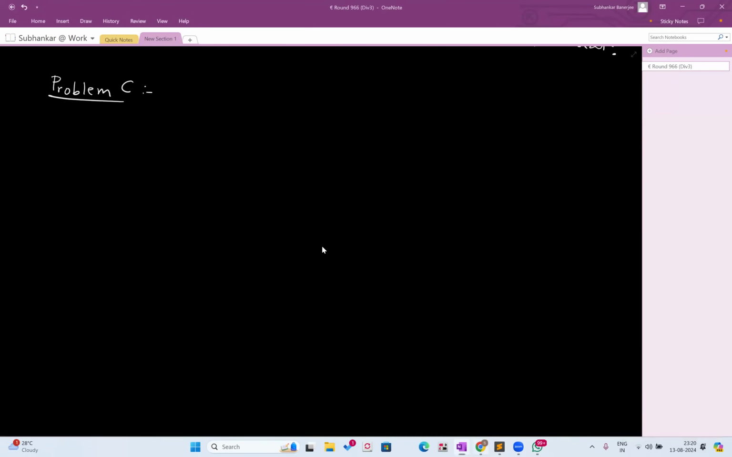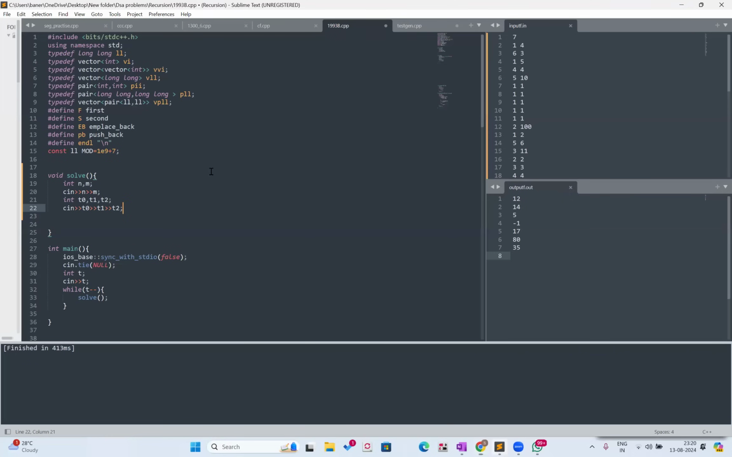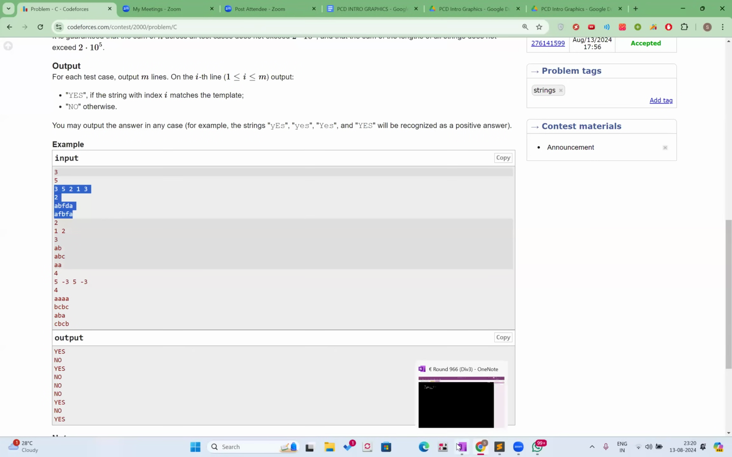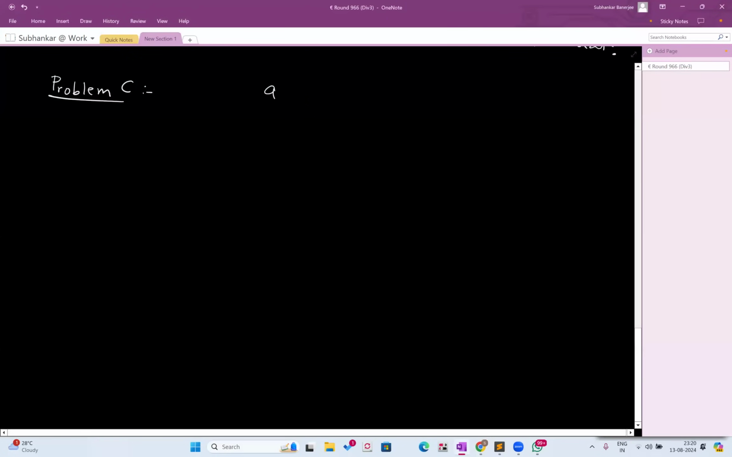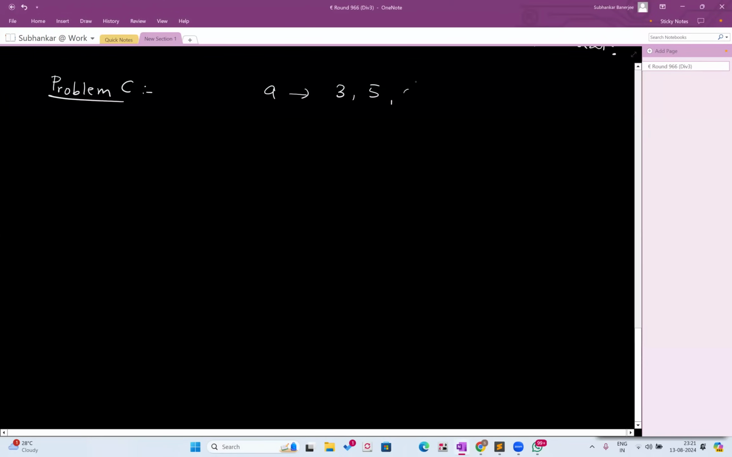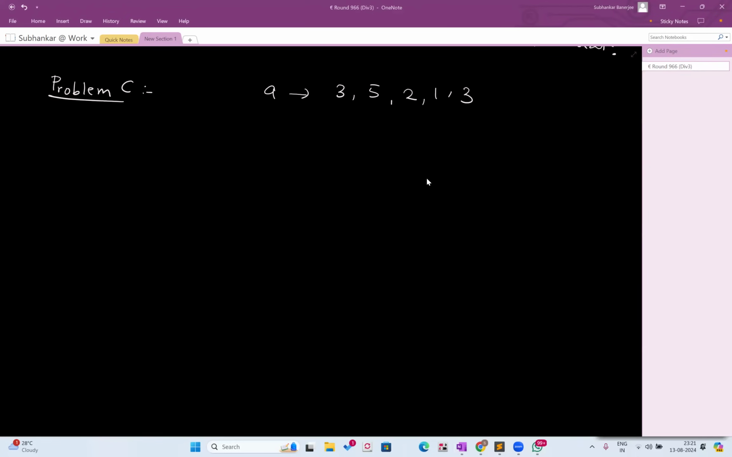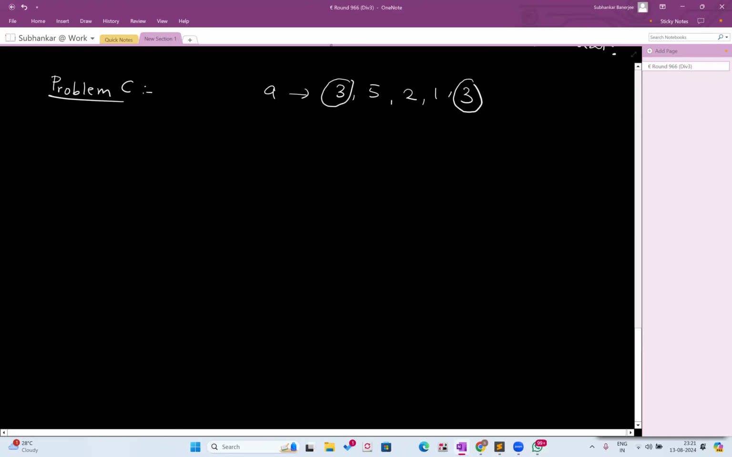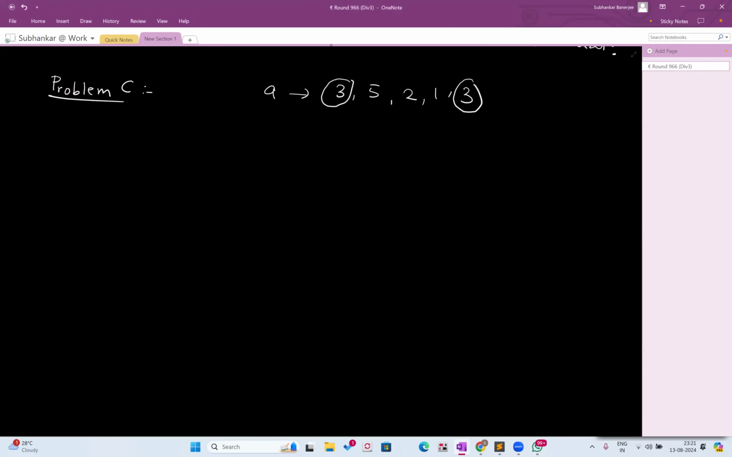Initially, we are given a template array, which is A. So we'll see what are the equal characters in this array. This 3 and this 3 are equal. Otherwise, everything is different. So whenever a string comes in, we have